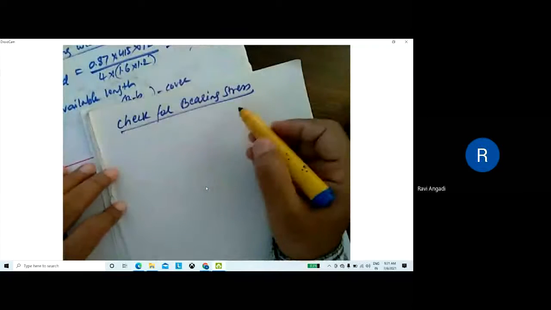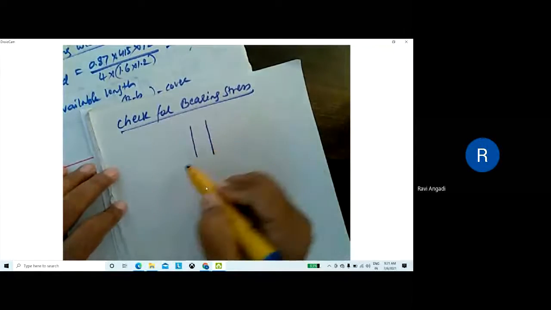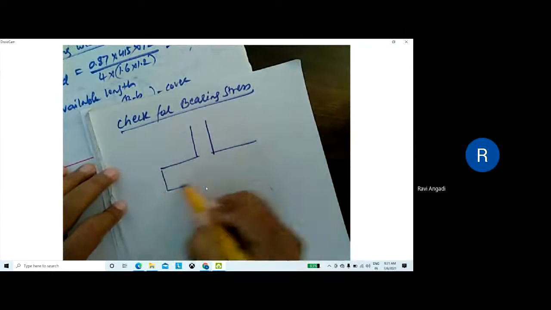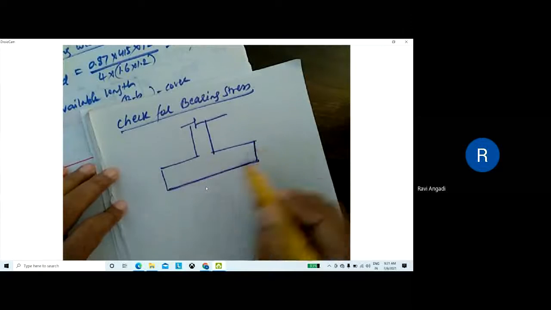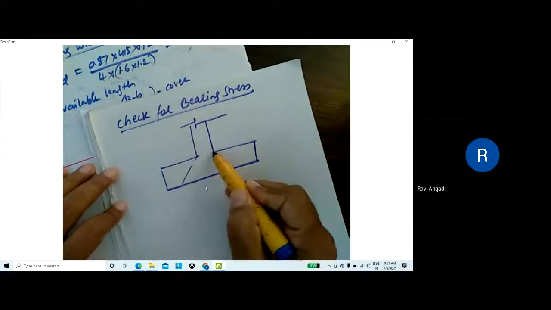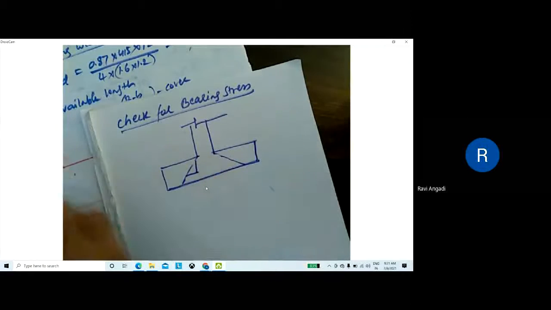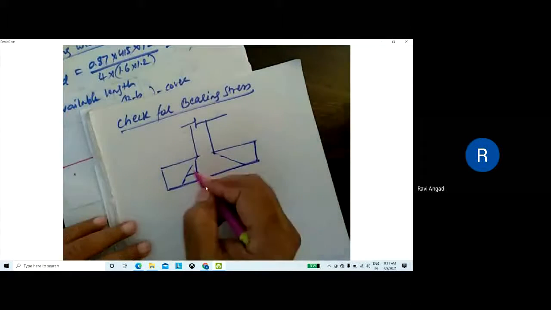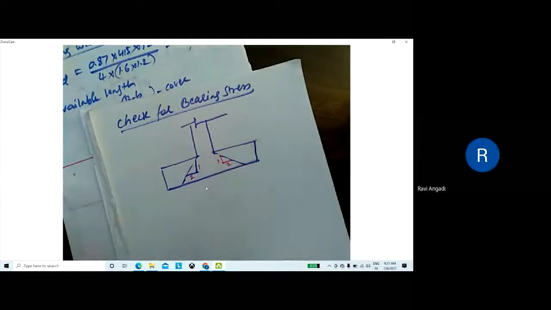Again, here this is the column and the footing. According to the code, the load disperses from the column edge at a ratio of 2:1. Remember, 2:1 vertical like this. It is given in the code.